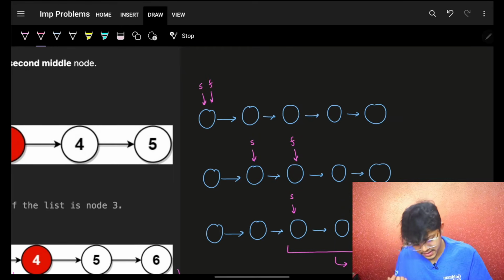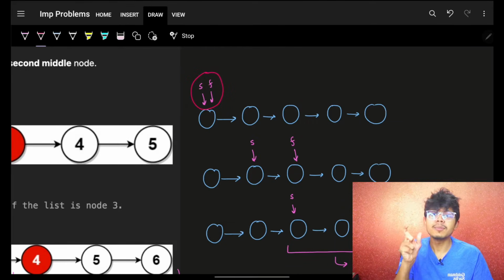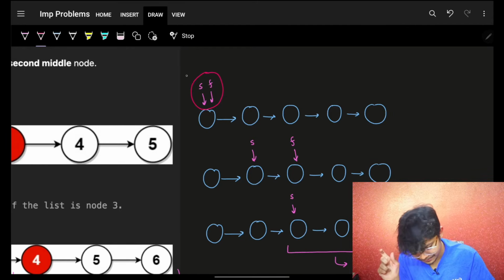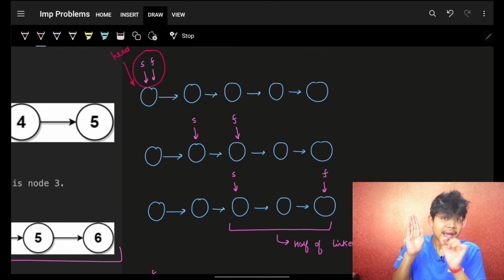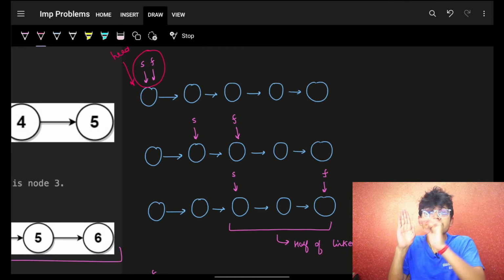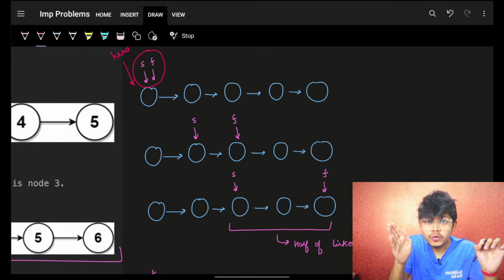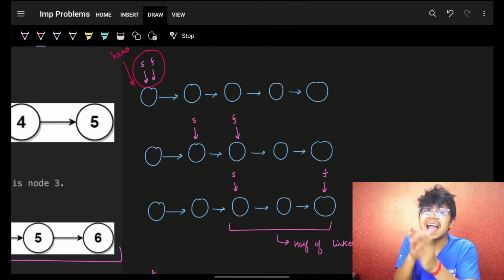What it does is in the very beginning, you put both the pointers, slow and fast, at the initial head. So here you have the head and you place both the pointers here. Now the slow pointer you will move by 1 step and fast you will move by 2 steps. Why? Because as soon as the fast reaches the end,